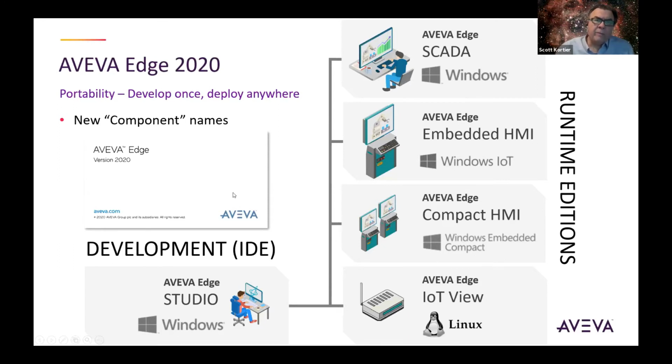Now, I want to bring up this idea again about develop once and deploy anywhere. If you are a system integrator, a machine builder, really anything, you often will want to have different price points for your customers, because they're always going to try driving your price points down and your features up. So the idea here is that you can develop your project once. You develop that here on the bottom left-hand side in Studio, and then you can deploy that project to any of these 4 different runtime licenses.